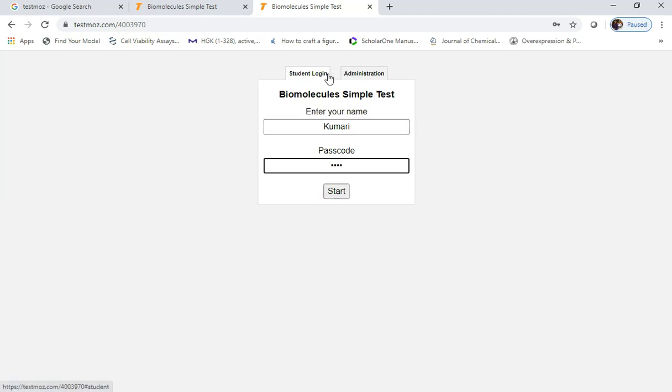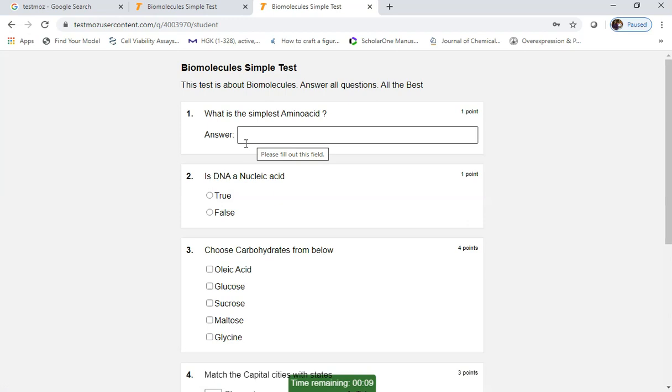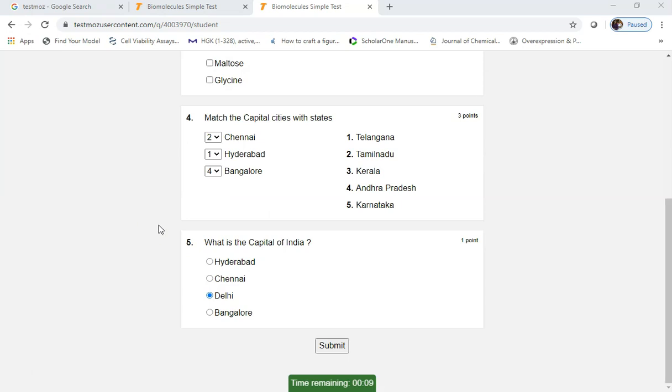There are two logins, student login as well as admin login. Admin is me, and the students, whoever are given the passcode, can enter. Then start. Yes, see, you can see the questions also got toggled. Okay, and we can answer the questions. Okay, the students answered the questions. Some are wrong. And here the time remaining, it is 9 minutes 2 seconds, like that it is showing. In this 10 minutes of time, we can go to the same URL and we can attempt the questions.